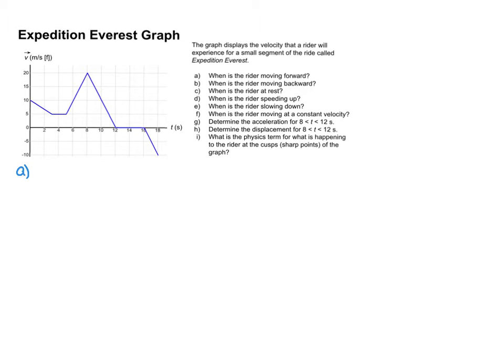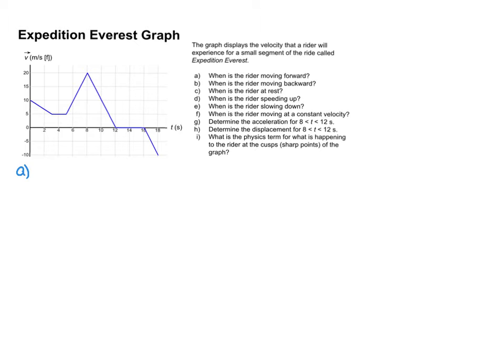When is the rider moving forward? So this is a velocity time graph. And if we read carefully, it says meters per second forward. So that means that anywhere where the graph is above the time axis, this ride is going forwards. For example, at the beginning of this segment of the ride, whatever segment they're talking about, it's going at 10